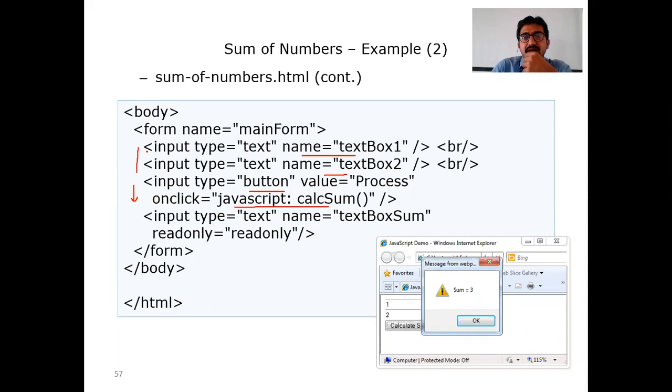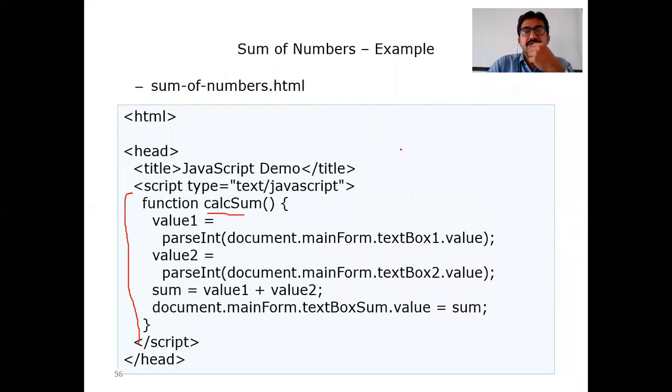After entering the details in text field 1 and text field 2, once I click on the particular button, the name of the button is process here, it will calculate. Once it is clicked, it goes to the function definition. Like in other programming languages, you are already aware, there is a calling function and a called function. So the calling function is from the main, and the called function is the definition.